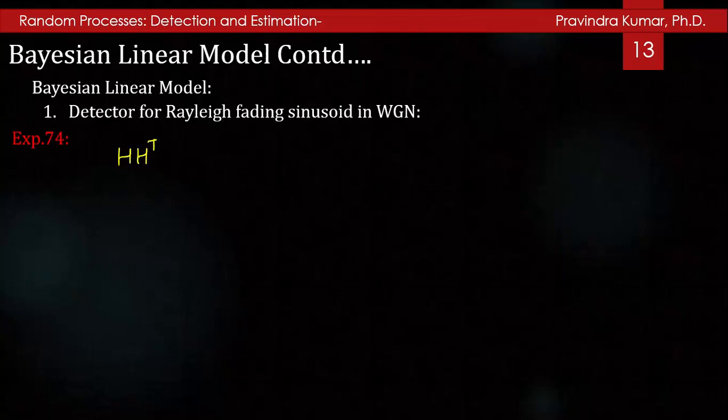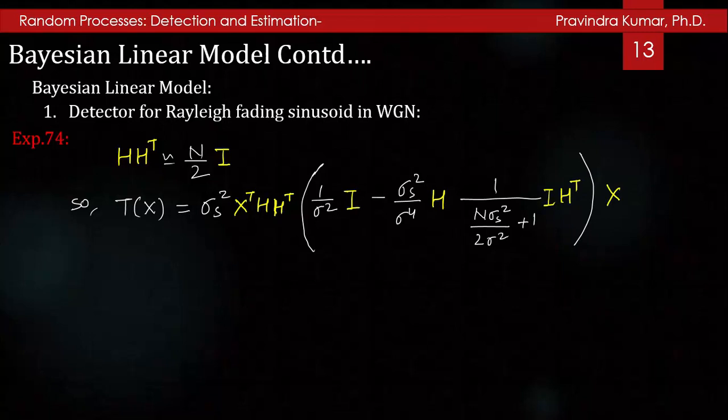So H transpose will be approximately equal to n by 2 times the identity matrix I. So the test statistic will be sigma s square x transpose H transpose into 1 by sigma square I minus sigma s square by sigma s to the power 4 H into 1 by n sigma s square by 2 sigma square plus 1 into identity matrix I H transpose X, and we can